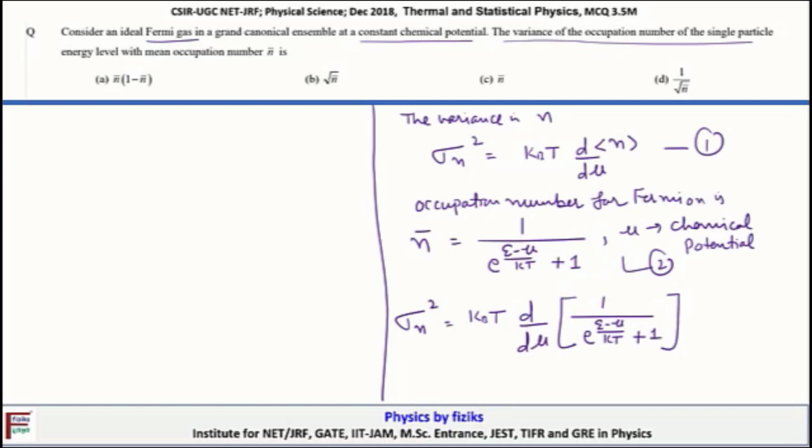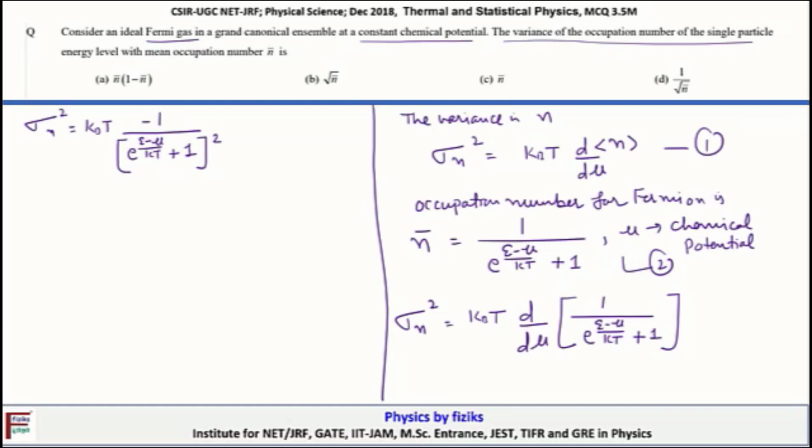So this is further equal to kT as it is, and then the differential of this expression, which is equal to minus 1 by x square, you can say, minus 1 by e power E minus mu by kT plus 1, its square,